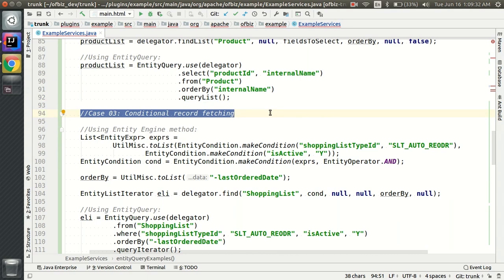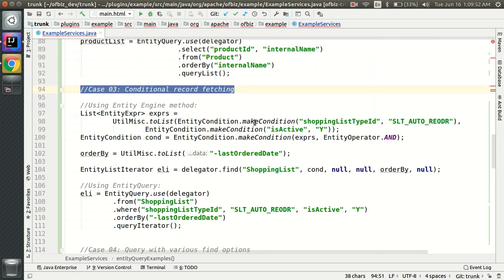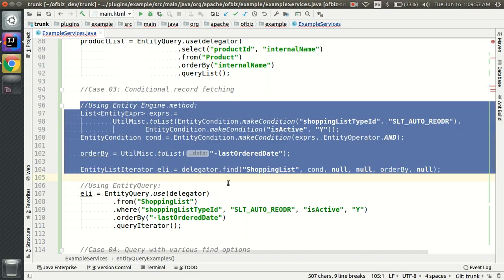Now let's try some conditional statements which are frequently used. Let's suppose we want to fetch all records from the shopping list entity with the use of some condition, and we also want to order the result list with the use of any column. As per the entity engine method, this query can be coded with this code pattern.